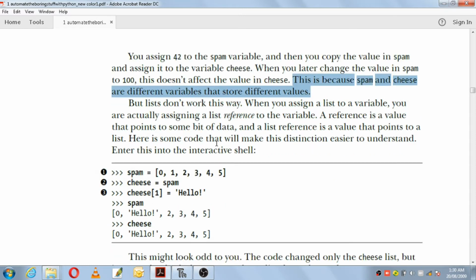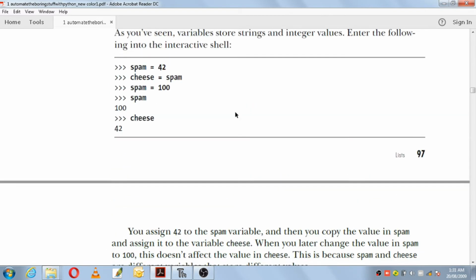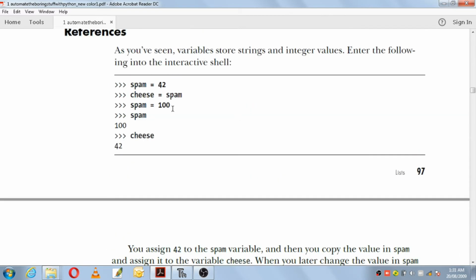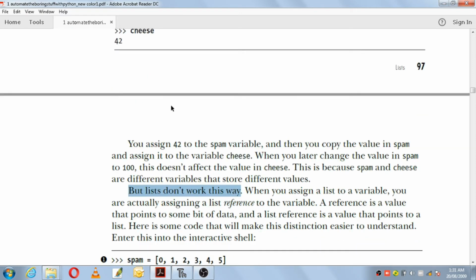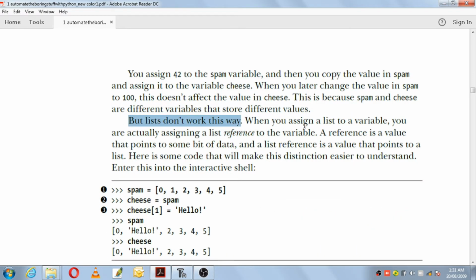But lists don't work this way. Whenever a variable is storing a list, it will not work the way a variable storing integers and strings does. When you assign a list to a variable, you are actually assigning a list reference to the variable.